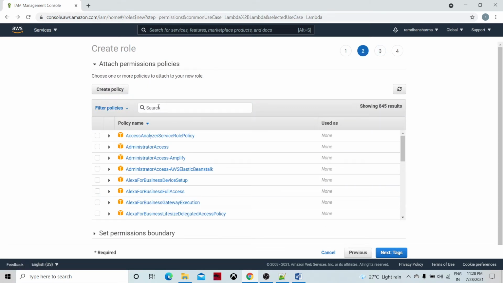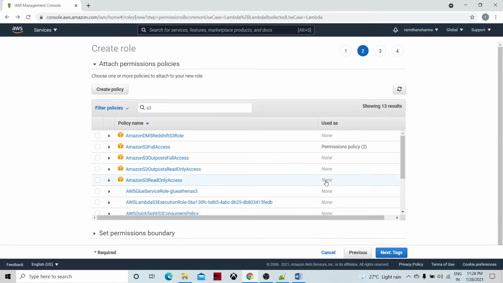I need to select the specific policies with respect to different AWS services. I'm going to need the S3 full access. In reality, in production systems, we would be giving a specific S3 access, maybe read only or something like that, but for this demo purpose, we are not going to restrict it.